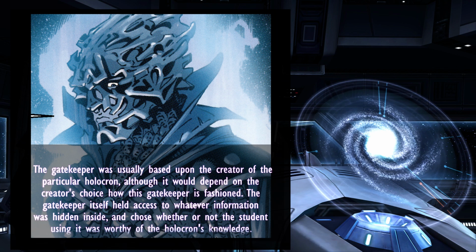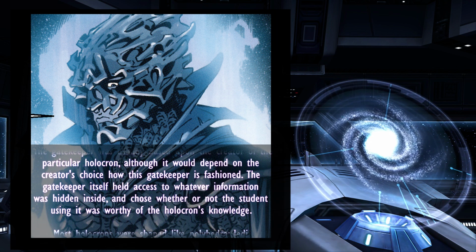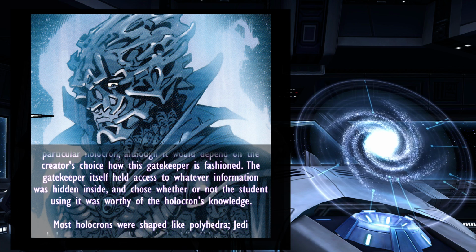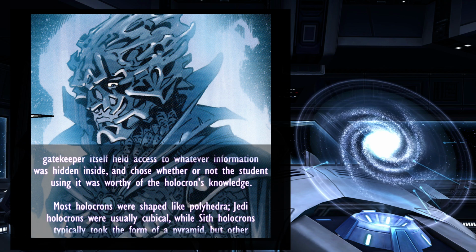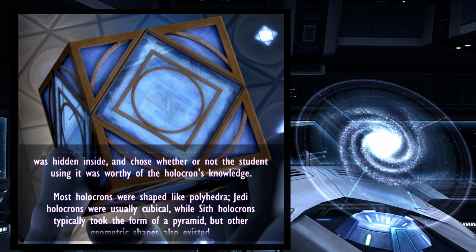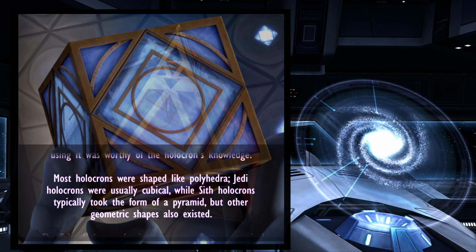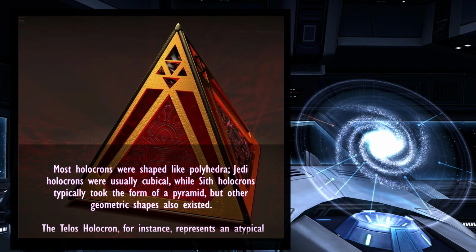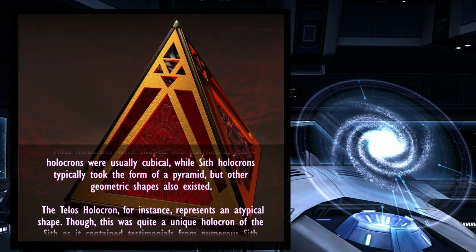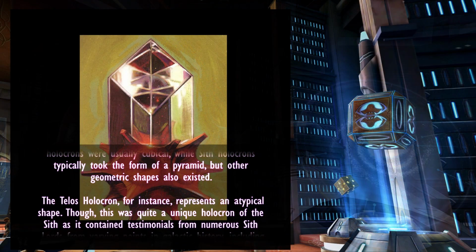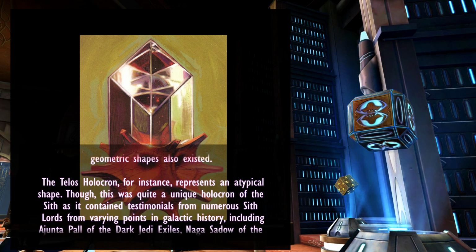The gatekeeper itself held access to whatever information was hidden inside, and chose whether or not the student using it was worthy of the holocron's knowledge. Most holocrons were shaped like polyhedra. Jedi holocrons were usually cubical, while Sith holocrons typically took the form of a pyramid, but other geometric shapes also existed. The Telos holocron, for instance, represents an atypical shape, though this was quite a unique holocron of the Sith,